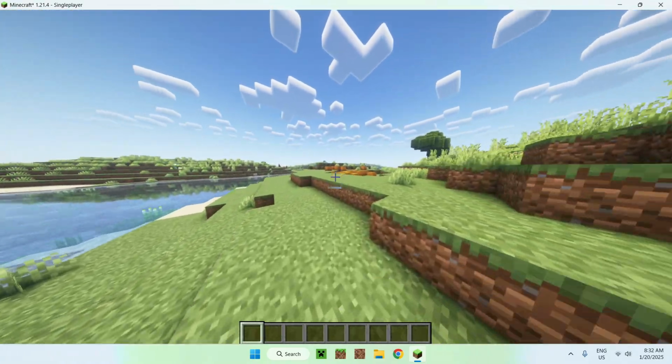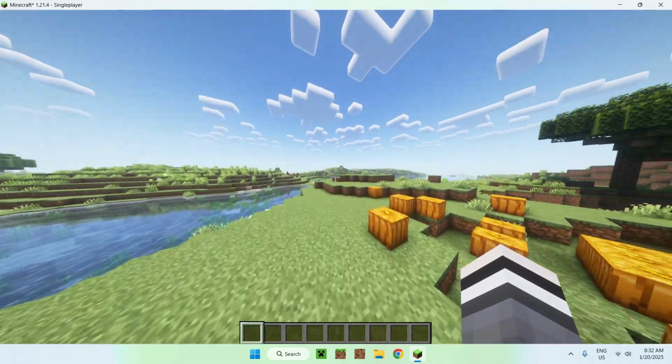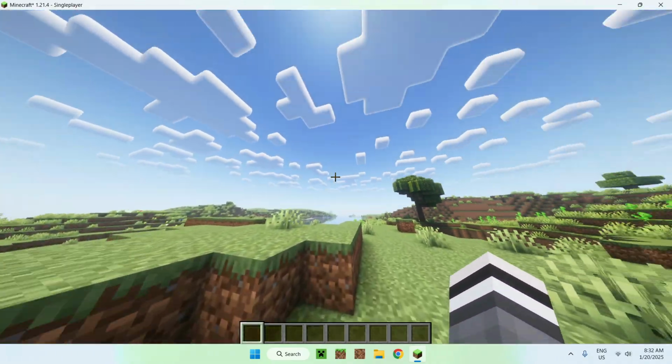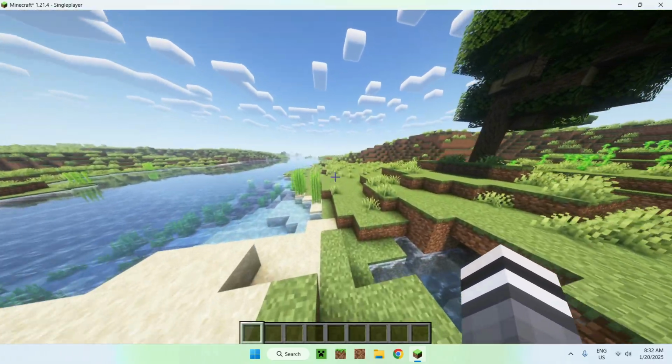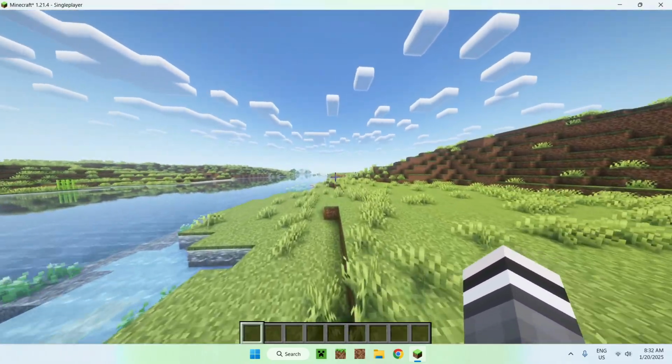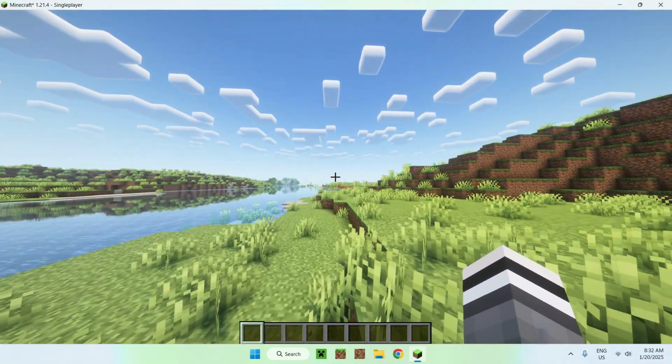So that is Complementary shaders, and there are 2 different types of them. You can try them out. This one is more for a cartoonish look, and the other one is a bit more simple and realistic. So outside of this, let's try the 4th shader,